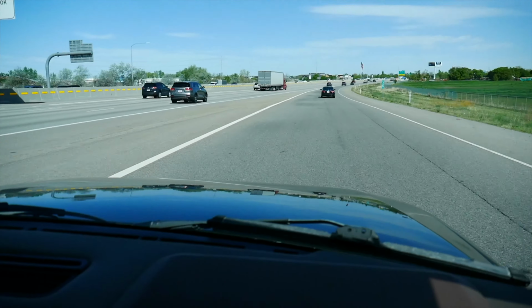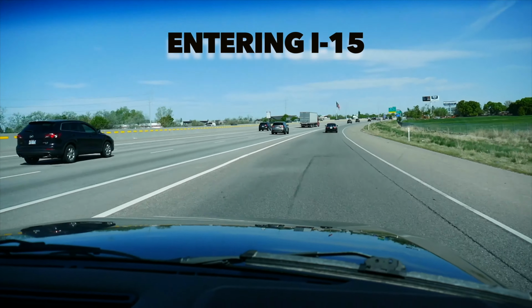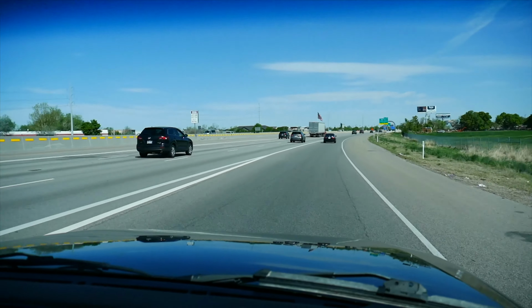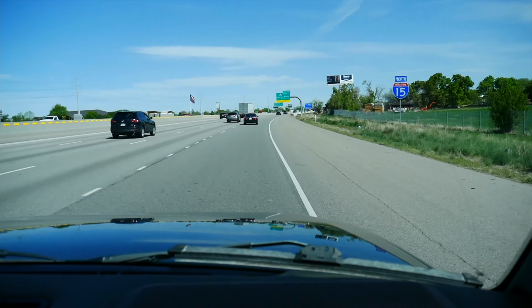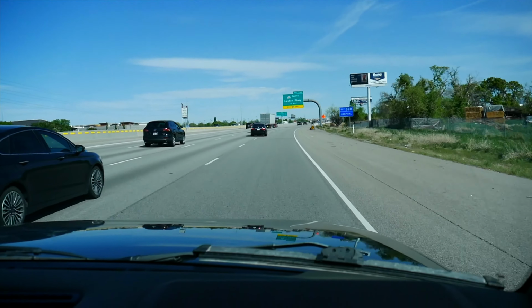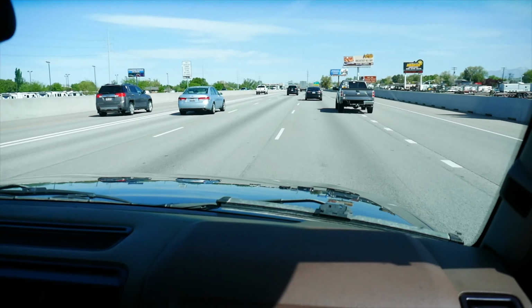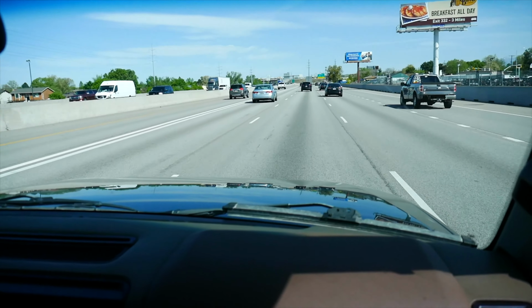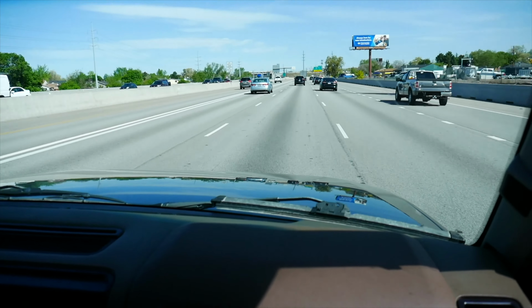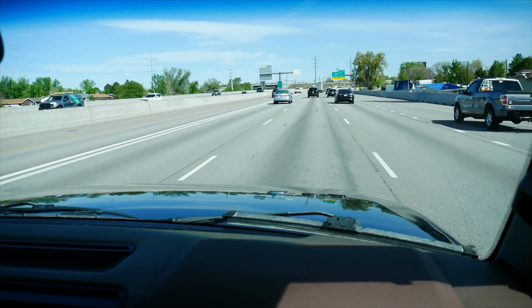All right, we're on I-15, headed northbound from Kaysville, Utah, coming up on Layton. And doing 75 already. Wow. Nice. She's handling like a dream. It's really nice. And the drive shafts, no play there. It's really quiet inside too. Very, very nice. Feel a little bit of wind noise, which is normal for a 90s vehicle, but